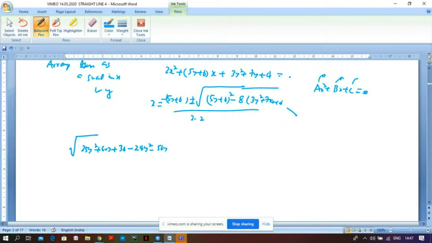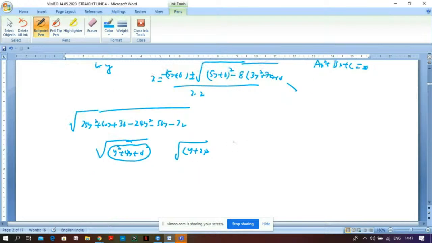So that's 56y minus 32, and that gives you y squared plus 4y plus 4. That's amazing. It just turns out to be a perfect square. So you recognize that this is nothing but (y plus 2) whole squared. And so you have got your x as negative of (5y plus 6), plus minus, this is (y plus